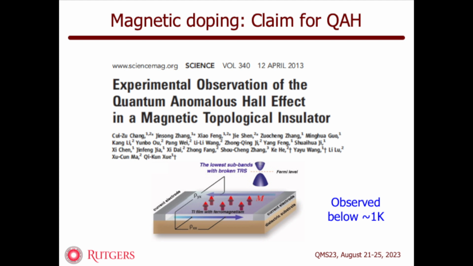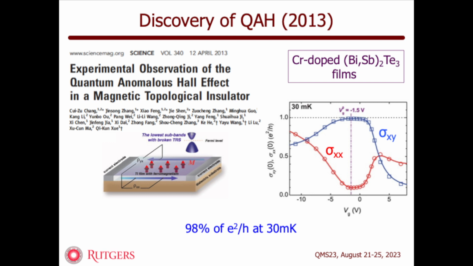I mentioned that this was discovered in 2013, so that's now a decade ago. This was by Guizhou Chang in Jiqun Zhui's group in China, and this was a film of a topological insulator in the bismuth telluride family with some other mixtures in there with chromium doping to make it into a ferromagnet. And in this thin film form, they were able to show that the system behaves as a quantum anomalous Hall